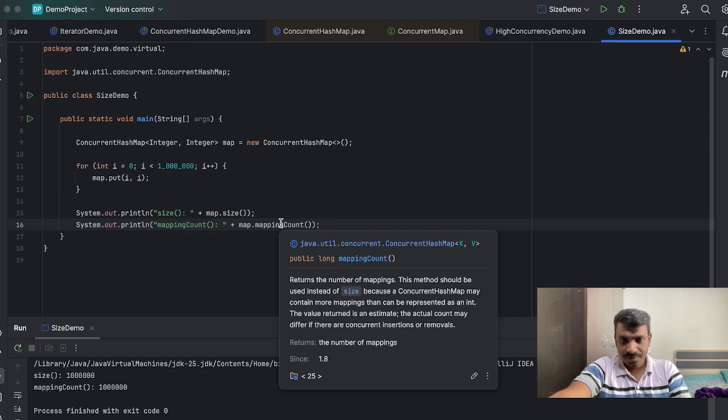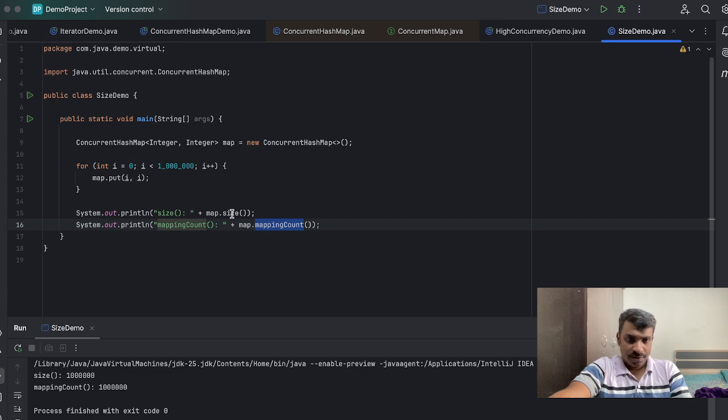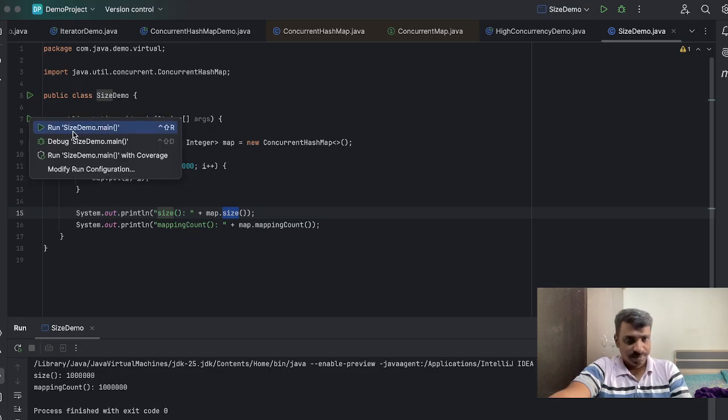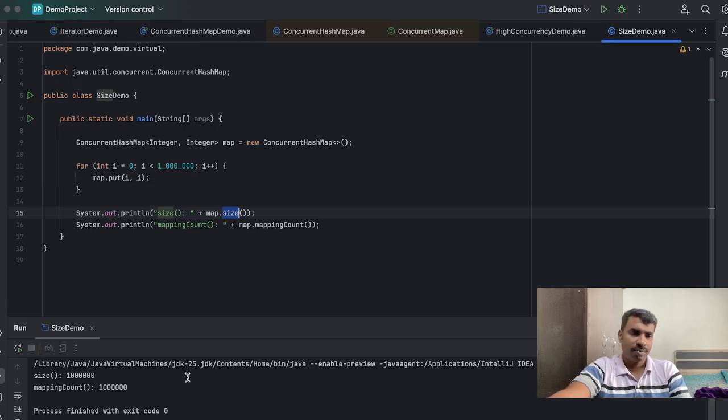So in ConcurrentHashMap, it is recommended to use mappingCount instead of size. In many cases it is giving the same result, but there are some cases you may not get the exact size with the size method, so better to use mappingCount.